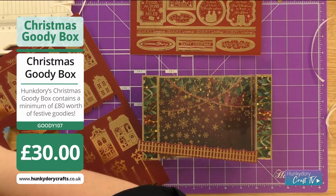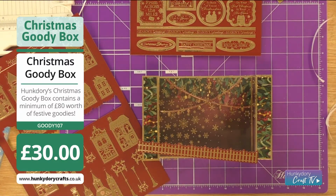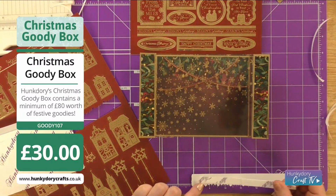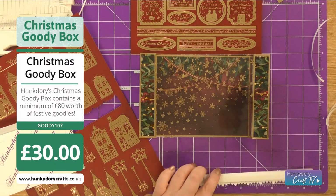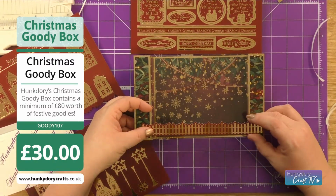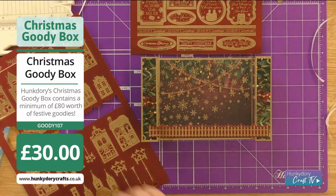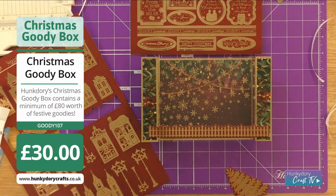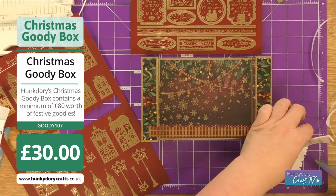And then you could always put your houses on the inside of the acetate with a little bit of foam pad. That's what I was thinking. The dimension you're going to get from that. So I'm just going to pop this on, going across there. Then Christmas tree at the front. Maybe another one, just